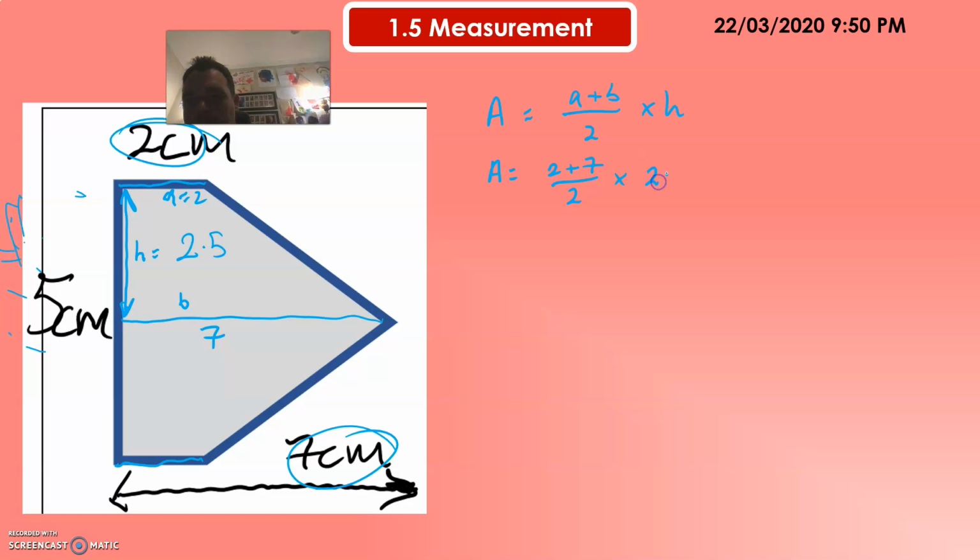So we have to times it by 2.5. So we can simplify this a bit. It becomes 9 over 2 times 2.5, which gives us the answer